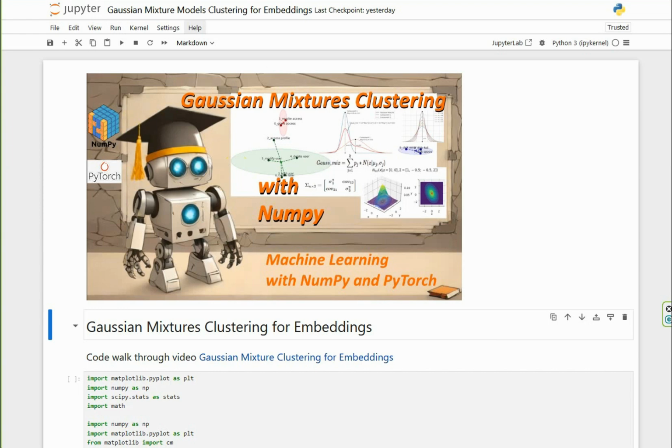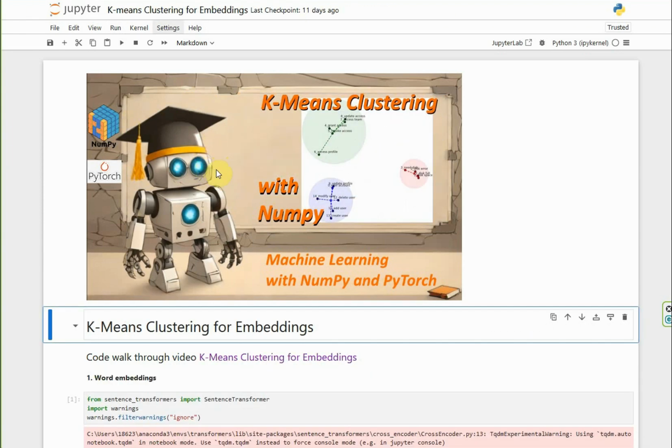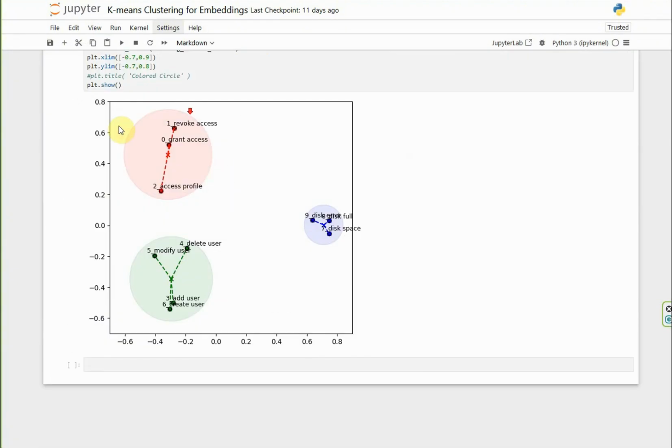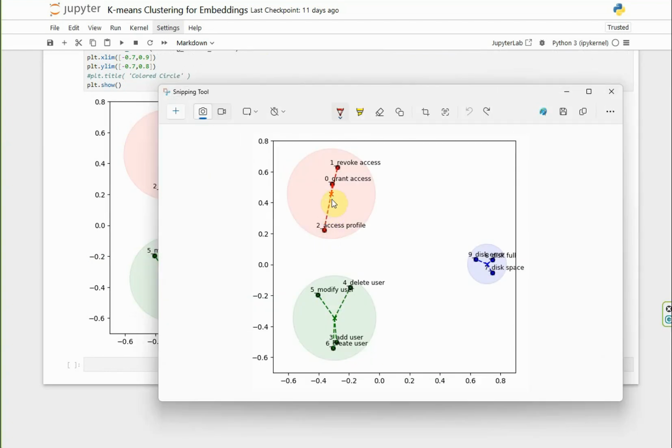In our previous video, we discussed K-means clustering in great detail, and we finished with showing the sizes of clusters. So here we are. We have the centers of the clusters, and we have the circle area around each center indicating the size of the cluster. In this case, the size of the cluster is the distance between the center of the cluster and the most distant point. In other words, this is the maximum distance between the cluster center and the points in that cluster. Plus, we also added a small delta for visualization purposes. So the question now is,